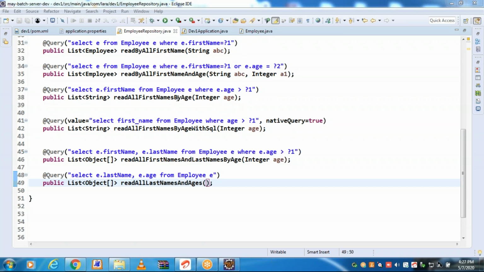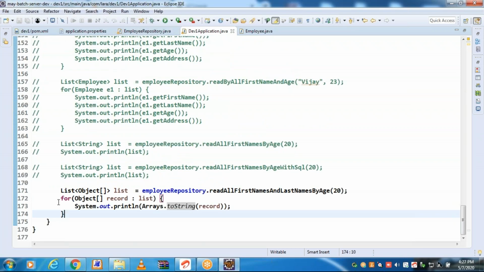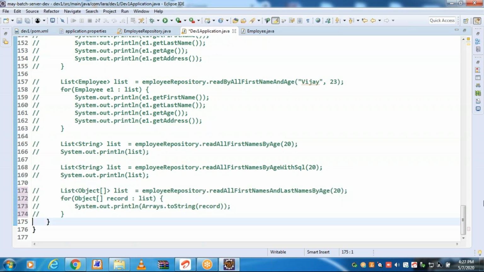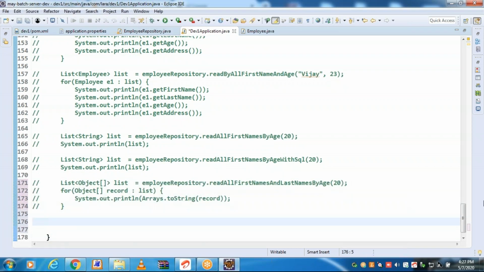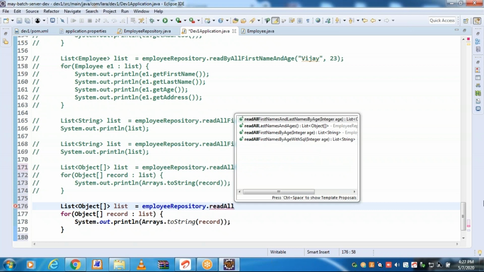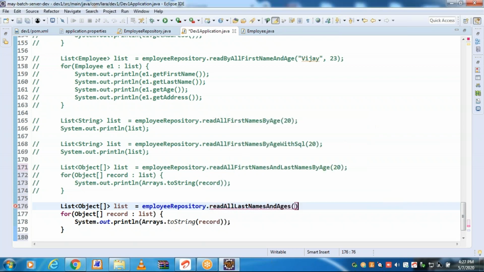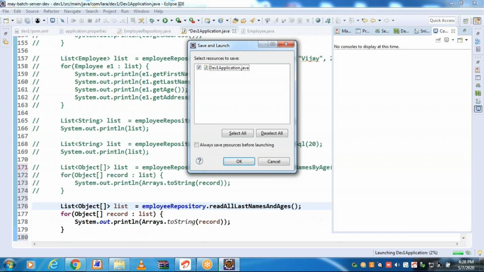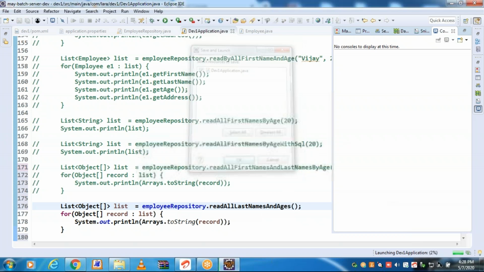Come to the application class. Read all last names and ages from every record.